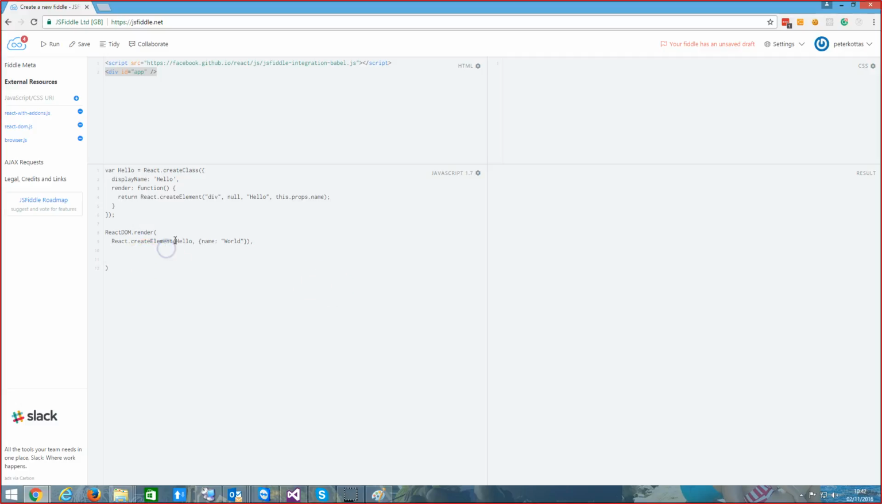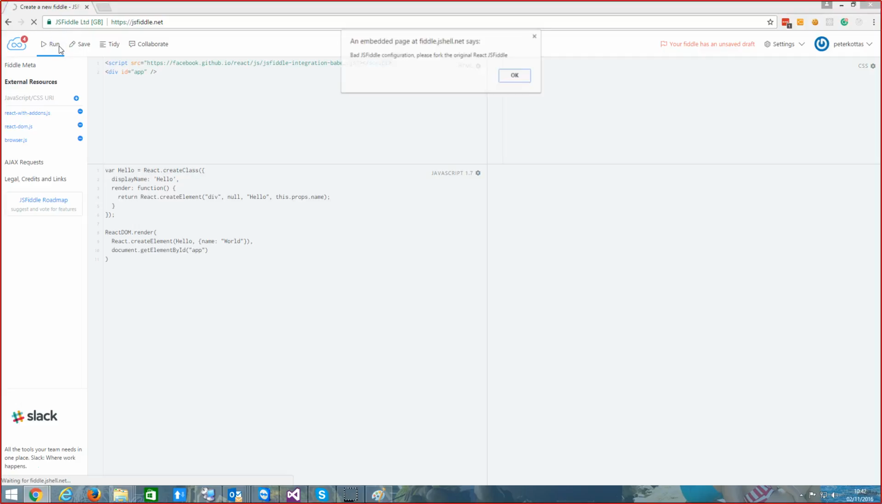The second parameter to React DOM.render will be the HTML element to which we are going to render this. Okay, it's going to be document dot. We want to render this into a div called app. Good. Now if I run this,